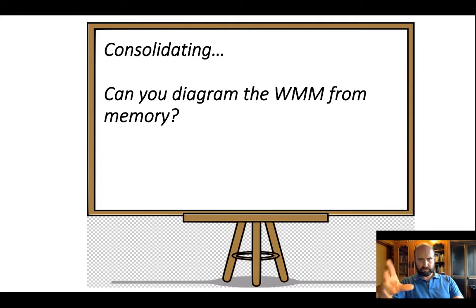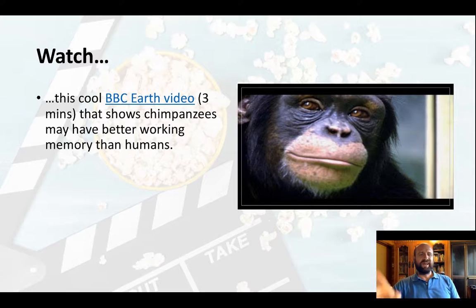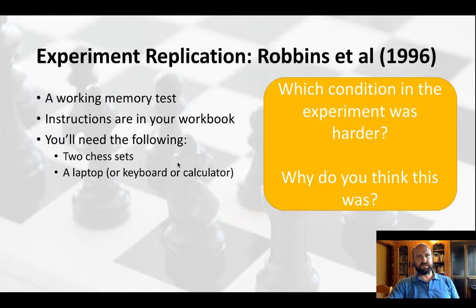Using mini whiteboards or scrap note paper, whatever they like, see if they can diagram the working memory model from memory. This is a really cool video where the chimpanzee actually shows that they might have better working memory than humans. That's a pretty cool one to watch, just to hook kids into the lesson. And then there are instructions in the workbook on replicating the study, and basically how the study works is